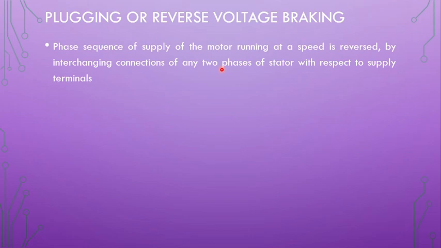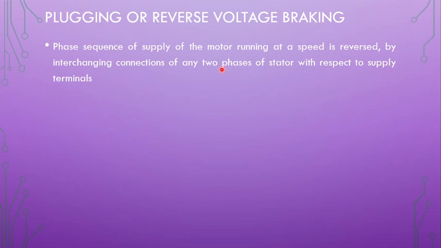It has to be done with the utmost care. We cannot use mechanical switches here. We have to go for static switches, because industrial motors are highly rated and the current value is very large. In that case, it is not possible for us to compromise on the current factor, and if we use mechanical switches, there will be a lot of sparks, which is dangerous for the industrial environment. That is why we need to use power electronic switches.